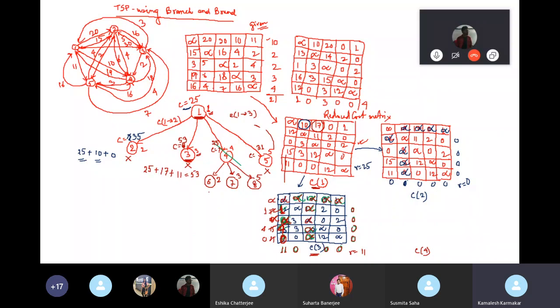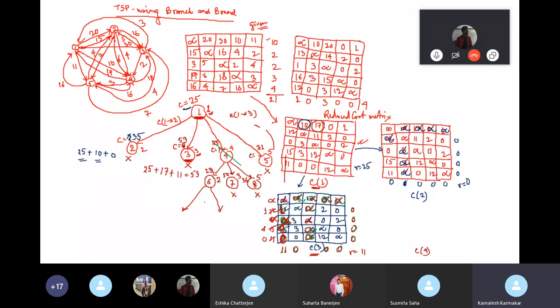In the next part from 6, you can check this one, Sahani. This one is the example which is discussed in Sahani. So if you visit vertex 2, then the cost you will get is 28. Here the cost will be 50 and here the cost will be 36. So among them 28 is minimum. So these expansions are rejected. So from this one you have to expand it again.